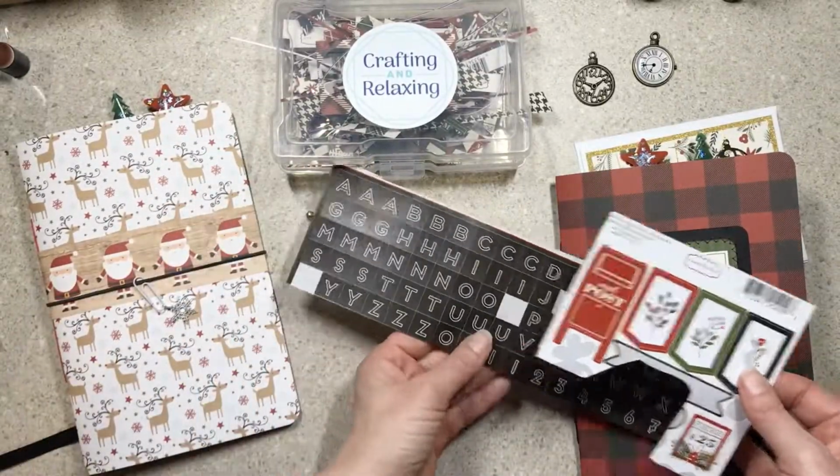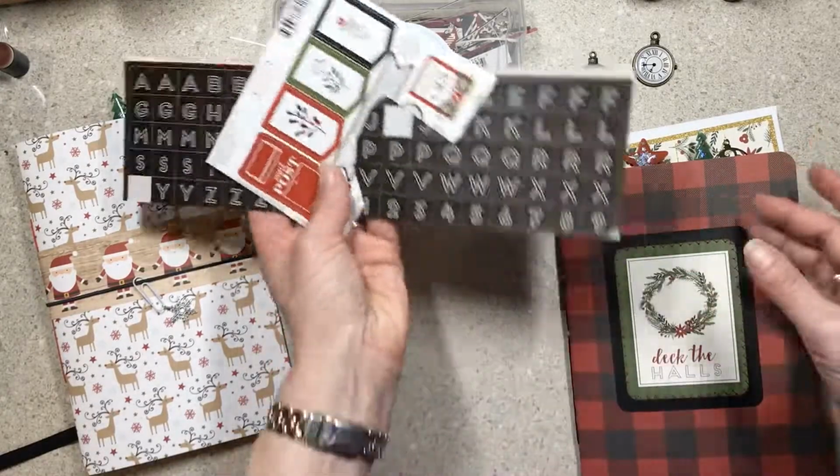And what I'll probably do is tuck these in the journal so that they're handy just in case I want